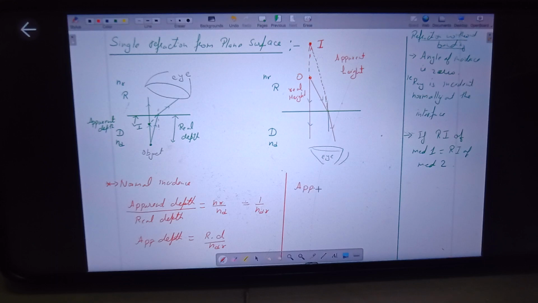Okay, in the second case you can simply remember it in the reverse way, that is apparent height upon real height equals nd by nr. Okay, or I can say that apparent